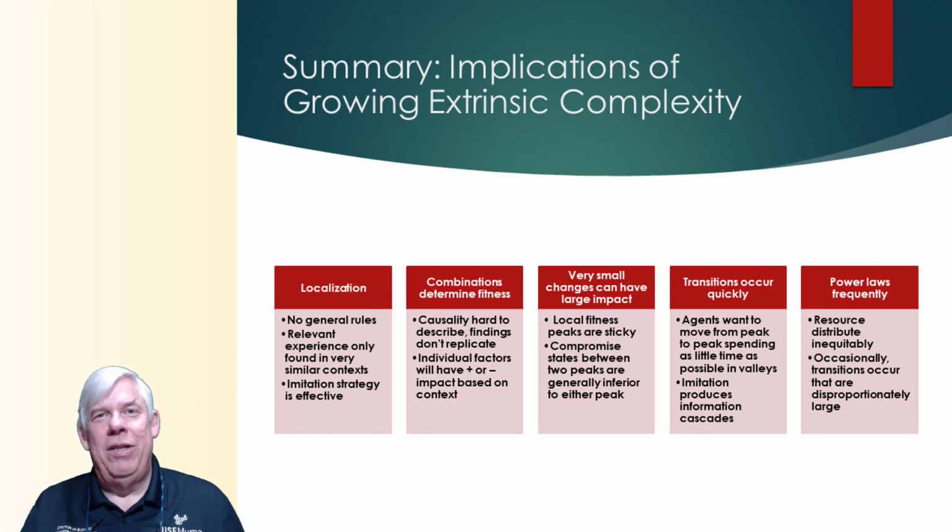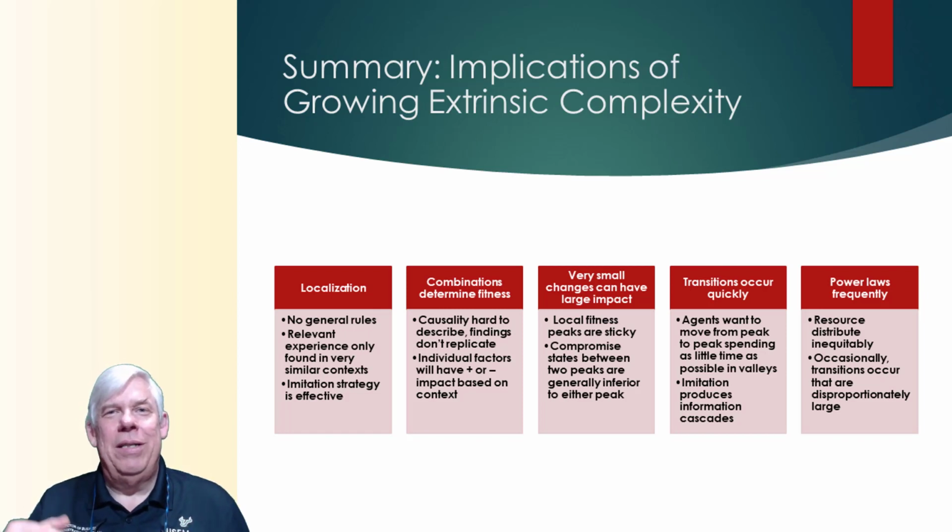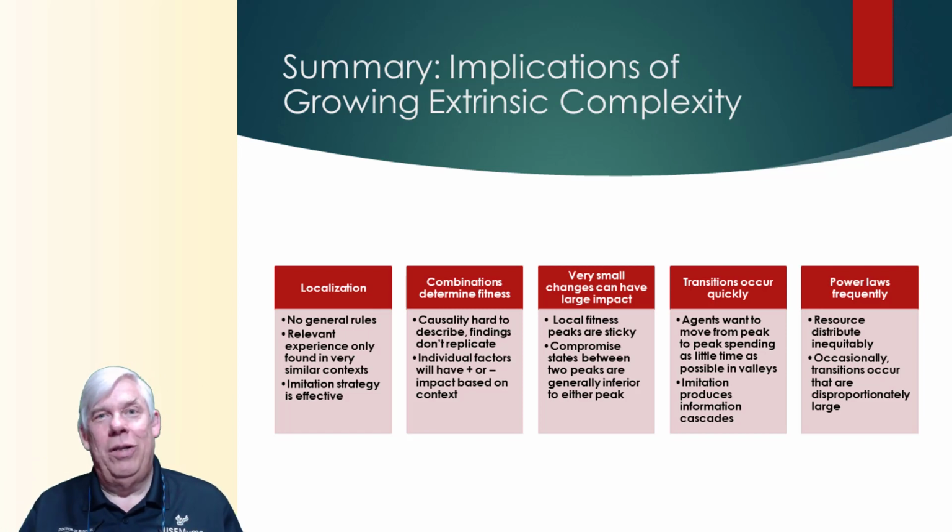And this means that transitions can occur very quickly, which may be part of the explanation for the punctuated equilibrium behavior that you so commonly observe in these systems. And what that also produces is things called information cascades, where essentially you judge your actions based on the actions you're seeing others do. And if everybody's doing that, as soon as one person does an action that appears to increase fitness, a lot of people will imitate it. This, by the way, is also a model that can be used to describe the spread of diseases.